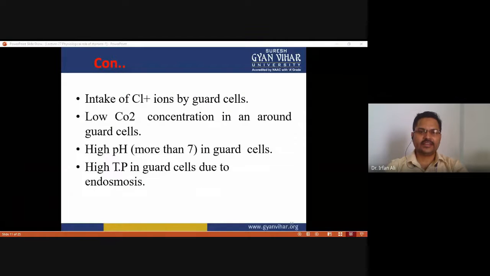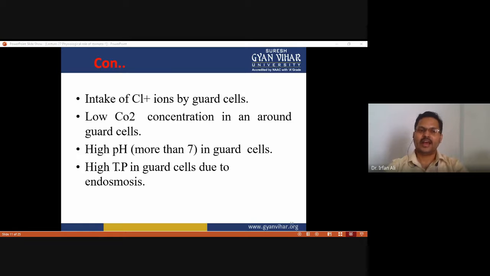Intake of chloride ion by the guard cell also favors the opening of stomata. And low concentration of carbon dioxide around the guard cell also favors the opening of stomata, because when photosynthesis takes place, the carbon dioxide is continuously used up. At daytime photosynthesis is carried out, and that's why the carbon dioxide concentration around the guard cell becomes low, and this condition also favors the opening of